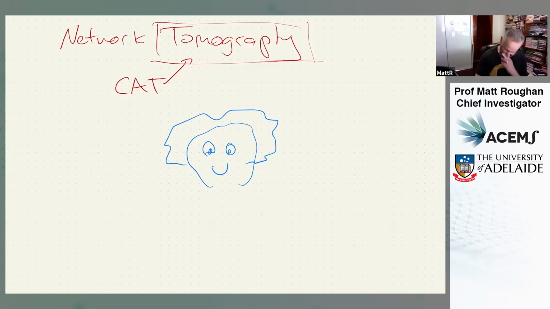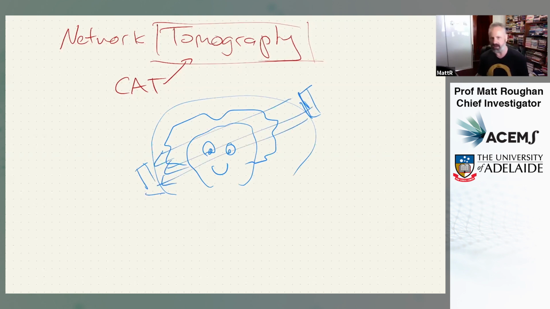Let's put that head inside some sort of machine, which has an emitter over here and a sensor over here, and we'll put a bunch of rays through. I don't care what those rays are. They could be X-rays, or some sort of positron emission ray thing, or some sort of magnetic resonance thing. I don't understand the physics of all of these things, but what you do is you send some sort of measurement through the head, and then if you just did that, you'd get kind of a cross section.